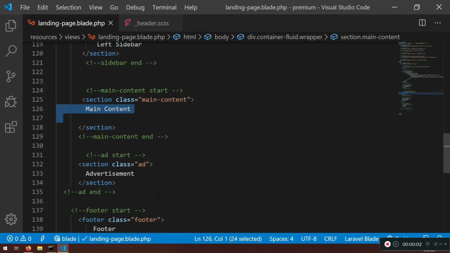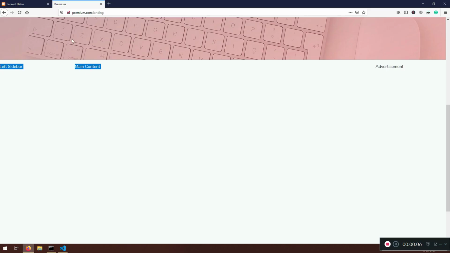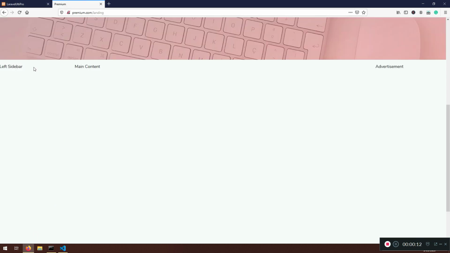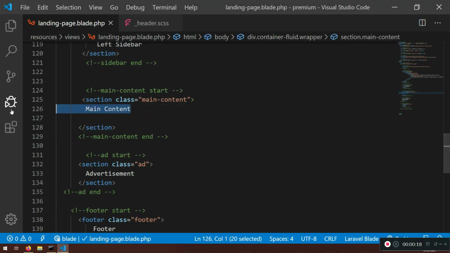Welcome back, guys. Today we're going to continue working with our main content, and our main content should look like this. So let's jump straight in. I'm not going to do the left sidebar for now. At the moment, I'm going to stick to the main content. So now, in the main content, actually we're going to do the markup today,